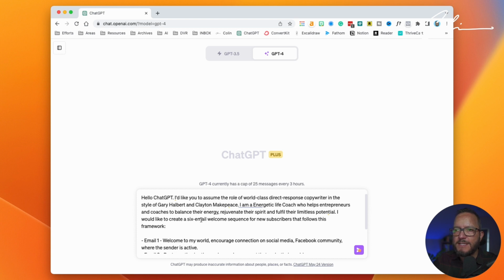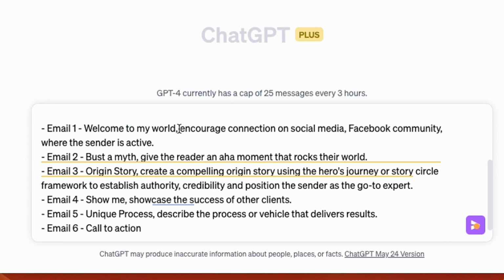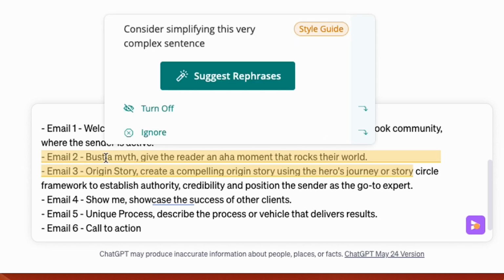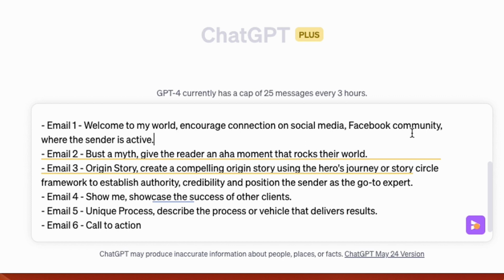I would like to create a 6 welcome email sequence that follows this framework. So the first one is welcoming them to your world, encouraging connection, Facebook community where the sender is active. Second email is busting a myth, giving them an aha moment that rocks their world. Then the origin story, linking what you do as the expert to what your audience is looking for.